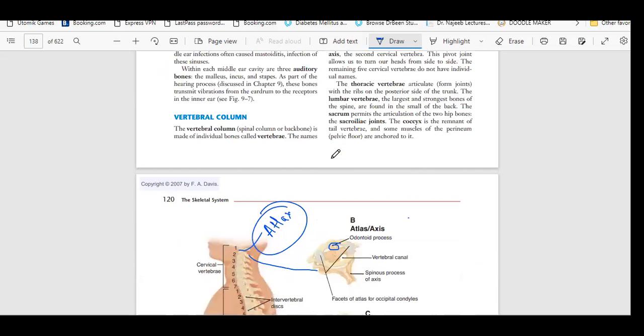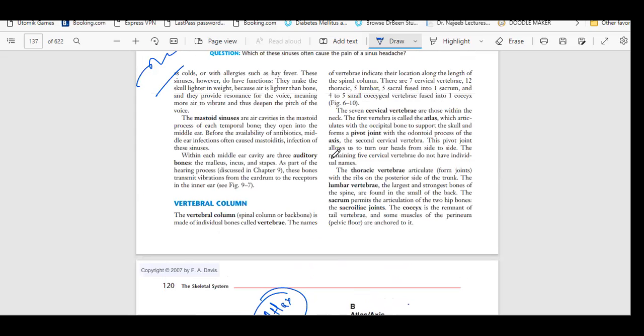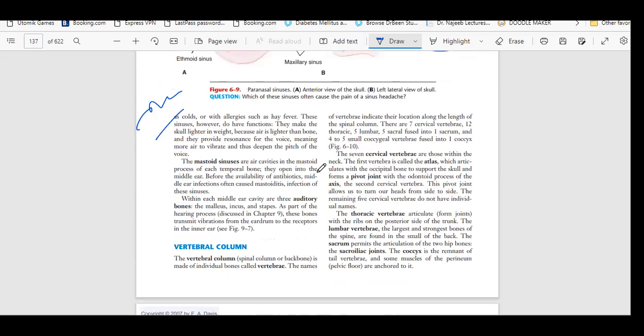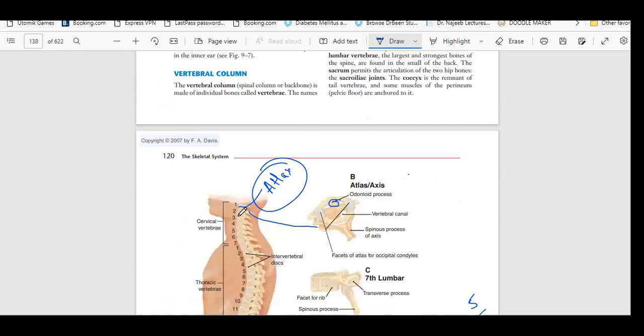So this is called the vertebral column, cervical vertebrae. Next, the other five cervical vertebrae don't have individual names. The other five help the neck for supportive reasons. They also help to protect the cervical spine. So whenever damage occurs,